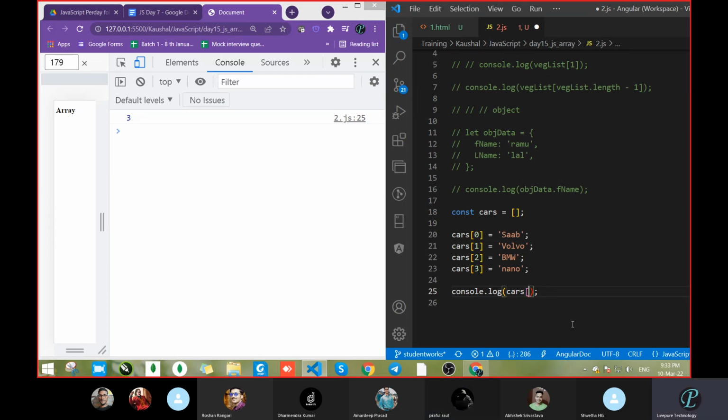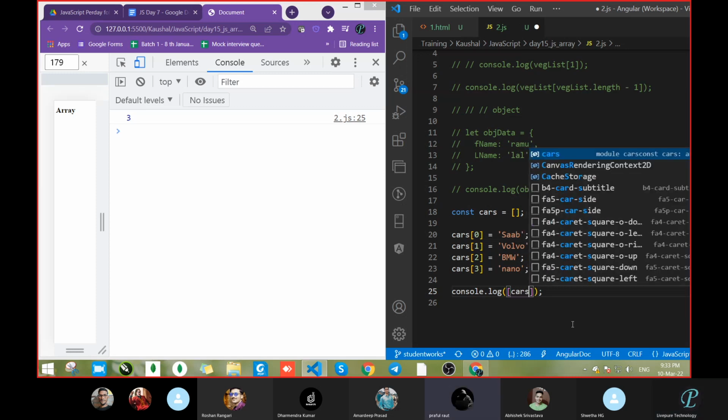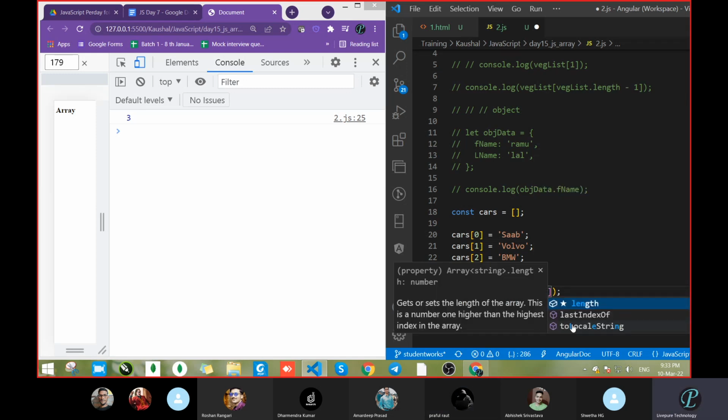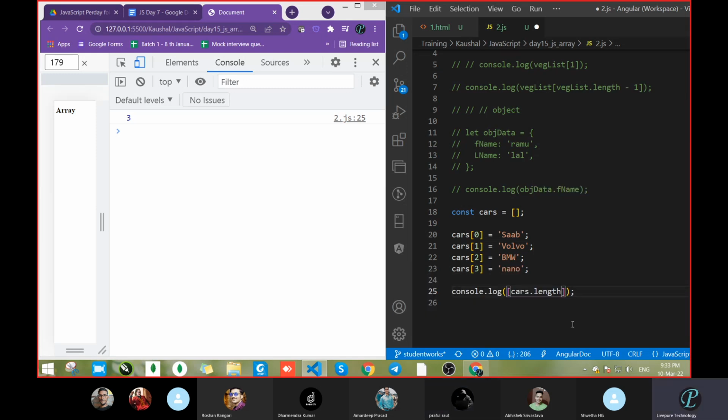Cars inside a square bracket, like this way. Correct? Okay, next: dot length, minus 1. Shivani, take care of what he is telling, I will ask. Now tell me what value you will get. And inside the parentheses, pass cars.